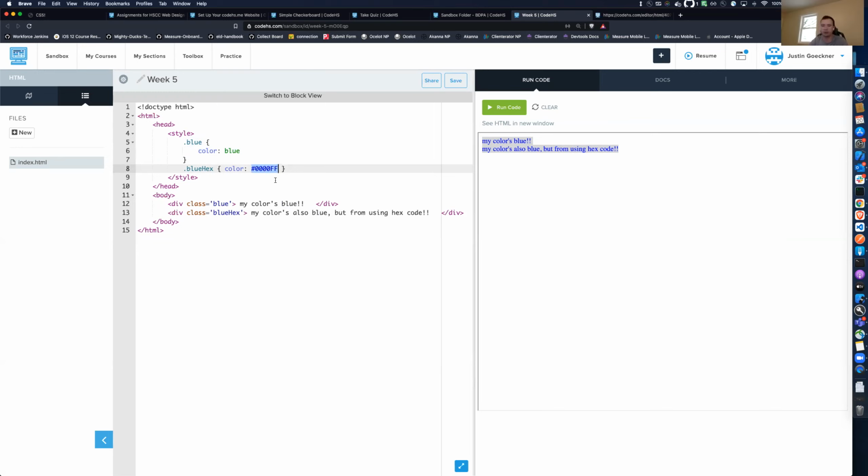We've talked briefly about hexadecimal numbers and letters. Basically, this is a code that can give you pretty much any color you could ever want. In this case, the 4 zeros and 2 Fs is blue, the same blue as is stored in this keyword. But if I change that to something else,